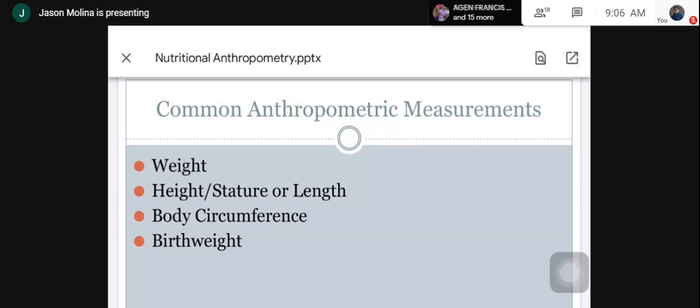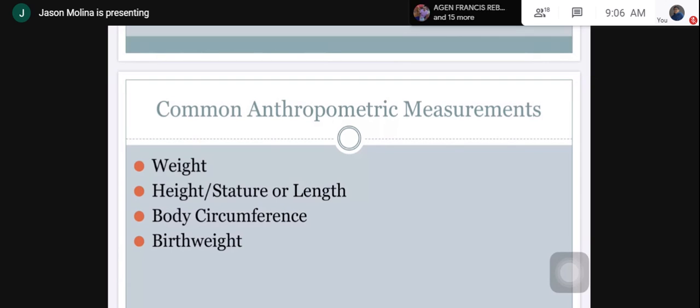Okay? So, we also have body circumference. Body circumference, like let's say for example, circumference of your waist, no? Waistline, no? Yan, body circumference, no? Ginagamit namin yan, or itong mid-upper arm circumference, no? But don't worry, mapapractice tayo niyan later on, no? And then we also have birth weight as one of the common anthropometric measurements. Okay? So we have